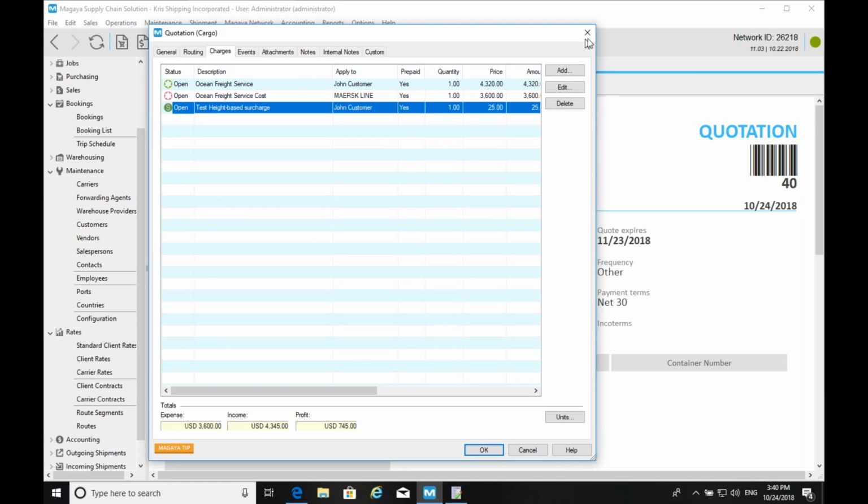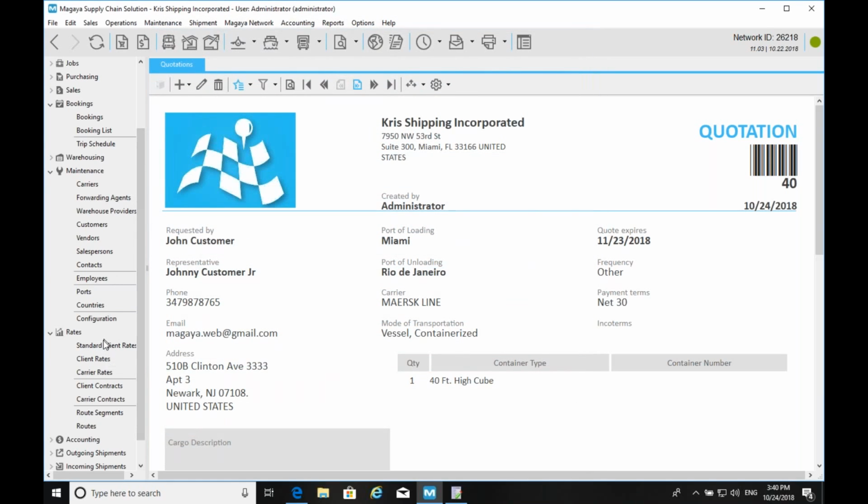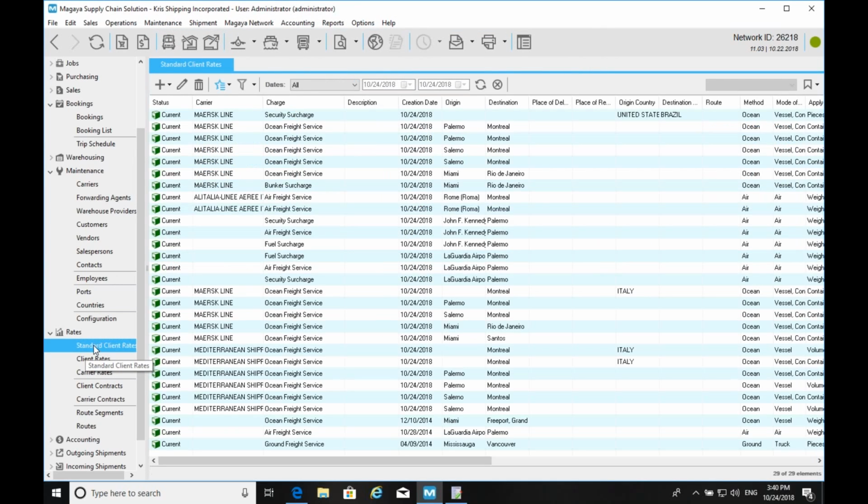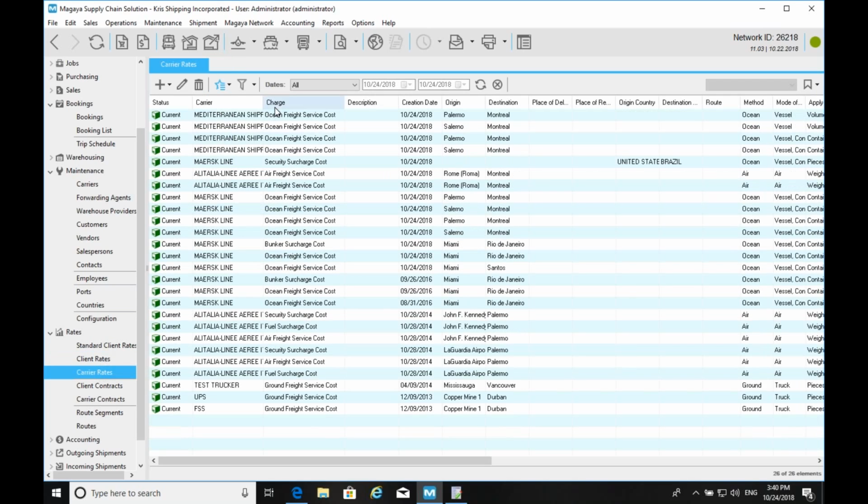The other one is importing. Okay, so if we look at the rate tables, mine is very short because this is just a demo database, but imagine from a normal ocean carrier you would probably have, if you have a pretty big operation, you support multiple countries and many ports, hundreds of lines here. Okay, so how do I manage it when the carrier sends me an update? Okay, well, dear Magaya, please have a CSV import.